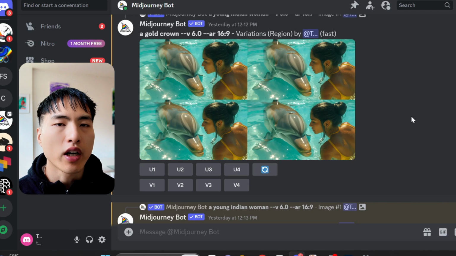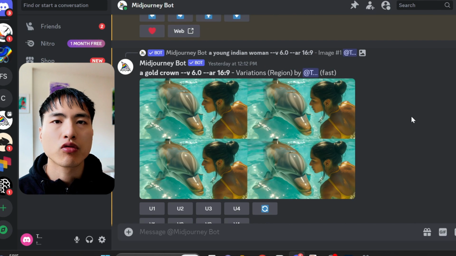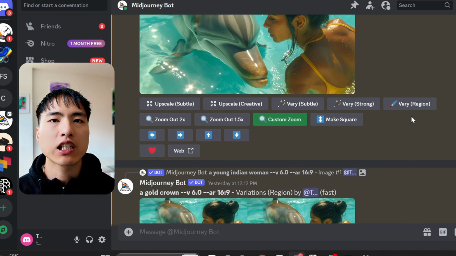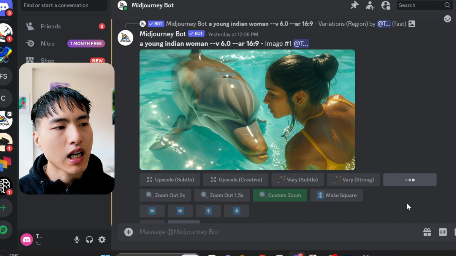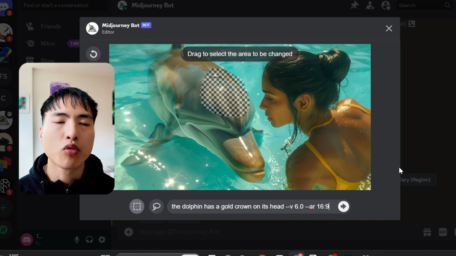Alright, so the image finished generating and it didn't work as I expected. Depending on the context of the image, Midjourney can struggle to generate specific objects and items in them. We'll have to experiment with the prompt some more. This time, I'll put in the dolphin has a gold crown on its head to give Midjourney more clear directions